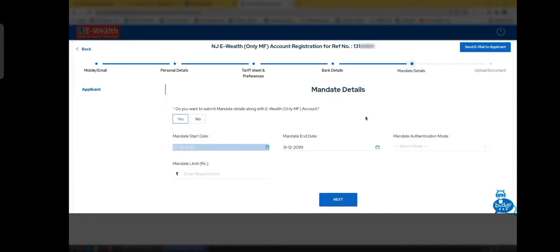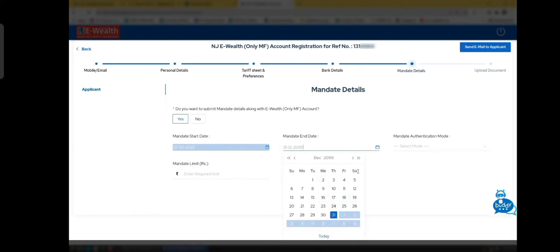Now in mandate details, the start date will be auto-filled and you have to select the end date. That is the date till which you want the e-mandate to be registered. The default end date is 31st December 2099. You can click on this date to change it. Next,